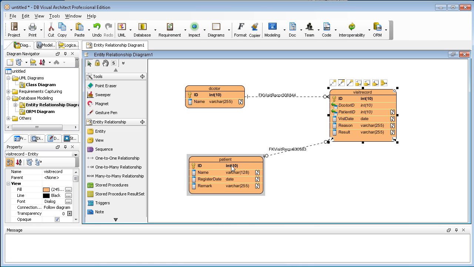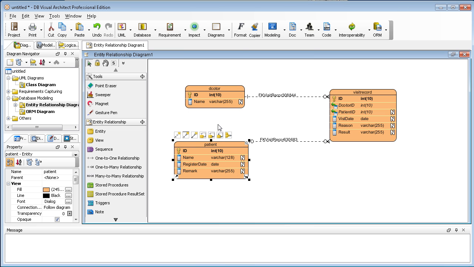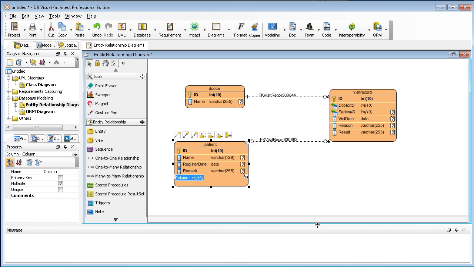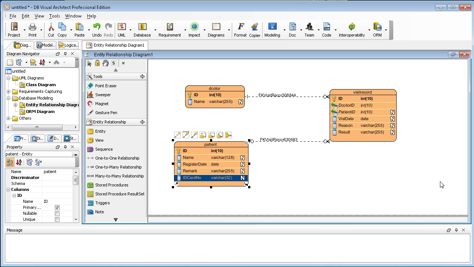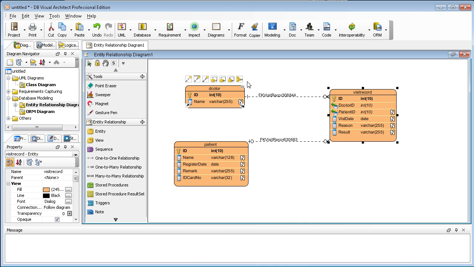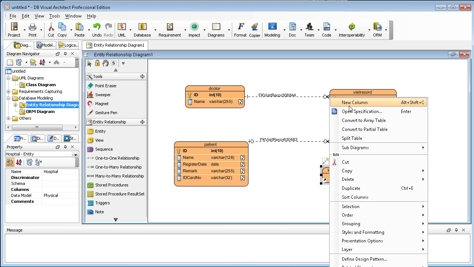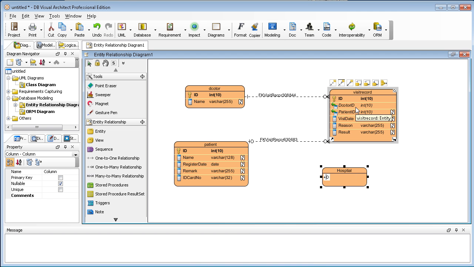Okay, let me just modify it. For example, in the patient table, I add one more column called ID card number, which is a varchar 32. And maybe I add a new entity called hospital, and hospital has the column ID, which is a primary key.